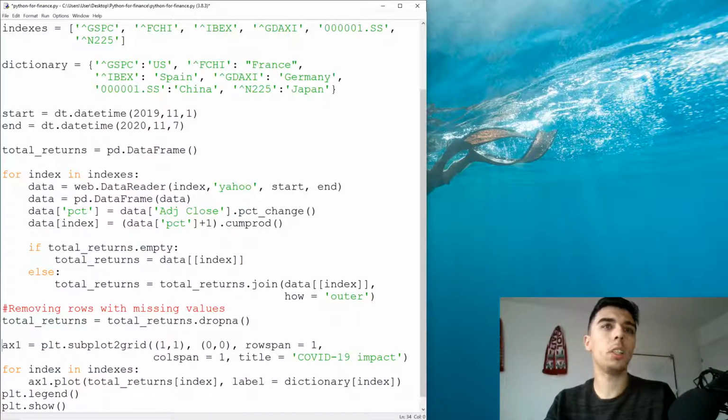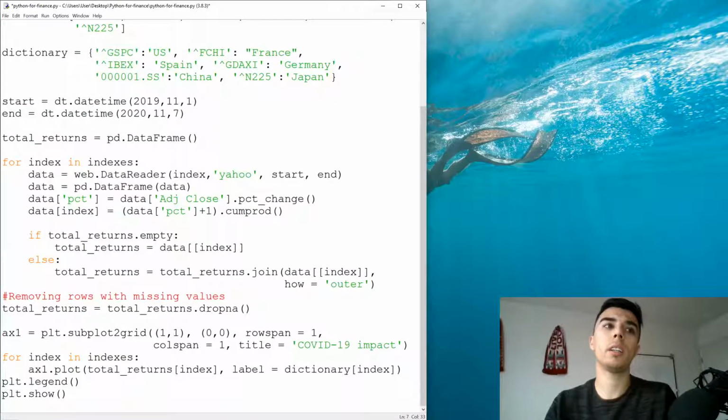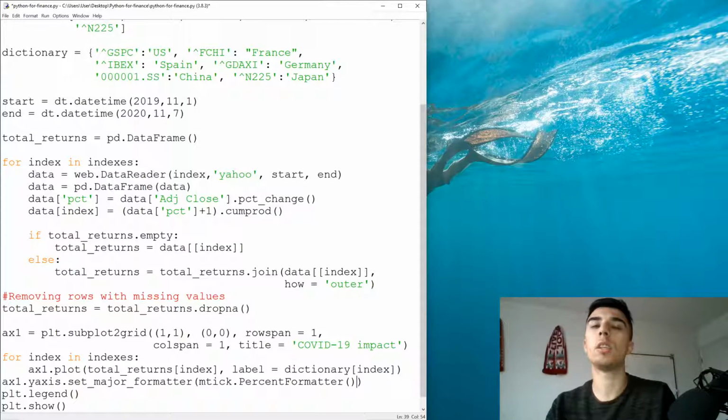Then the second thing that we need to do is we need to make sure that we have percentages. So for that purpose, what we're going to do is we're going to import matplotlib.ticker as mtick, and then down here, after we've plotted the index values, what we're going to do is ax1 dot y-axis, because well, the y-axis is the one that we want to adjust. You're going to set major formatter mtick dot percent formatter. So now we have the y-axis in percentages, but